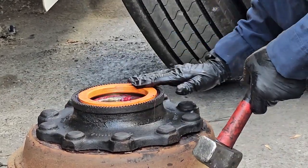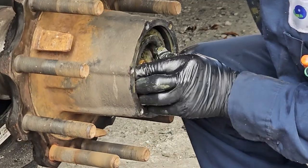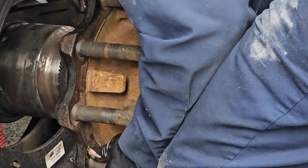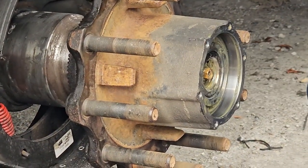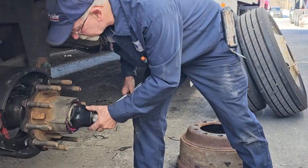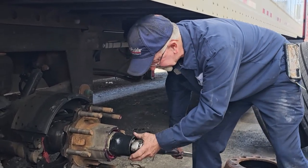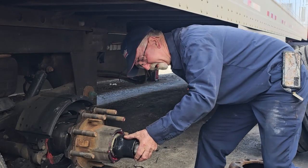Just make sure it's level. Just here. So you have to torque it? Yeah. Each manufacturer of different seals or hub nuts, axle nuts, they have their certain torque specs. And this one here is